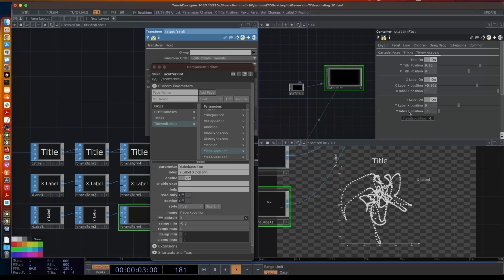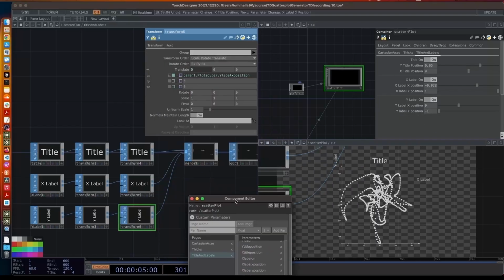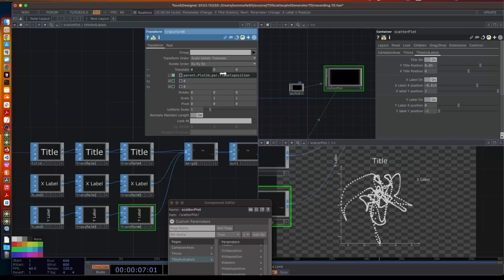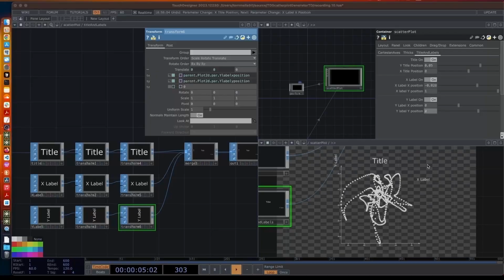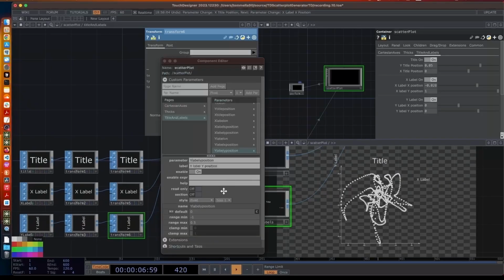And in y label y position, same thing. We assign it to ty. And as range, as usual, we can put from, say, -1 to 0.5. And come back to 0. Okay. The last thing, as you probably expect, is to make